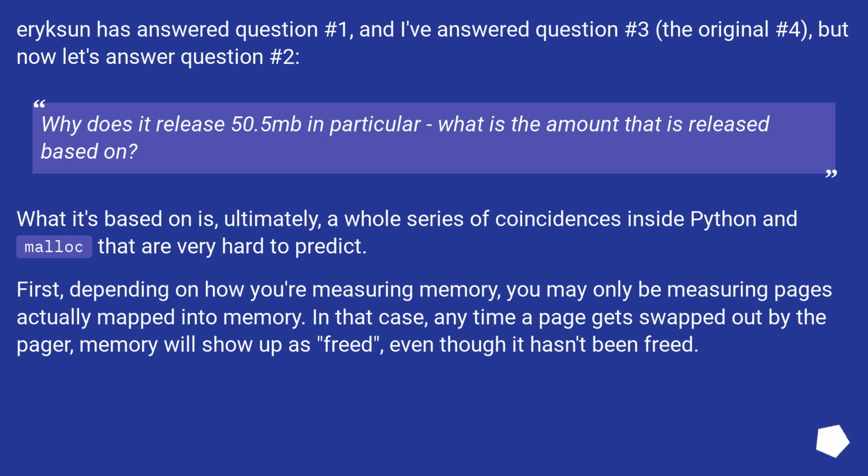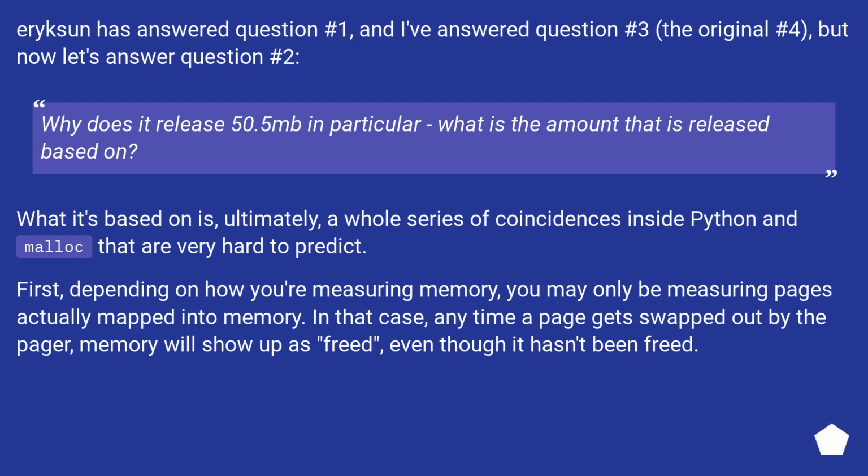Ericsson has answered question number 1, and I've answered question number 3, the original number 4, but now let's answer question number 2. Why does it release 50.5 MB in particular? What is the amount that is released based on? What it's based on is, ultimately, a whole series of coincidences inside Python and malloc that are very hard to